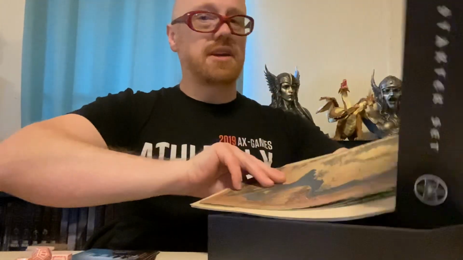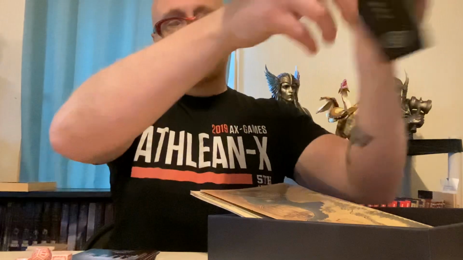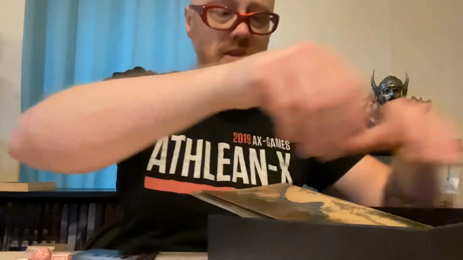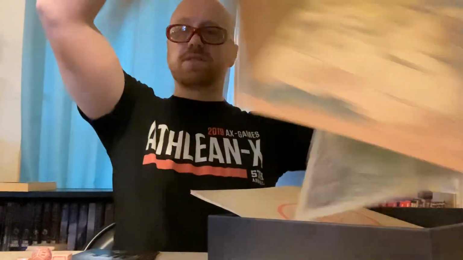you can get at any game store. So this is what the One Ring starter set looks like. What it does is it comes with a map and a bunch of books and everything. So for instance,